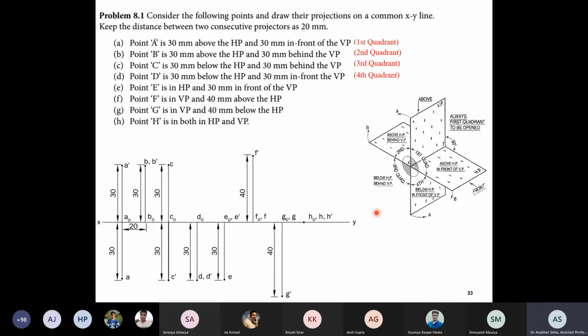So some more examples. Let us skip, we'll come to them in the end. We'll discuss them. Again, there are some numbers given. We have discussed H and D. Now if some numbers are given, how will you draw? For different quadrants, this is how it looks. This is the same as the examples we have discussed.